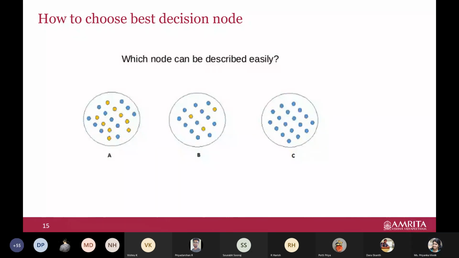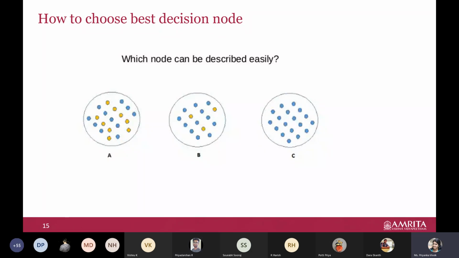How do you feel? In these three cases, which would be a highly informative node, A, B or C? I mean, not node, but which case, A, B or C? We can say node also, let this be a node, this be a node, this be a node. In which case do we have a lot of information? Can you just guess? You got my question, right? Let it be wrong, it's okay. Guess whatever you feel.